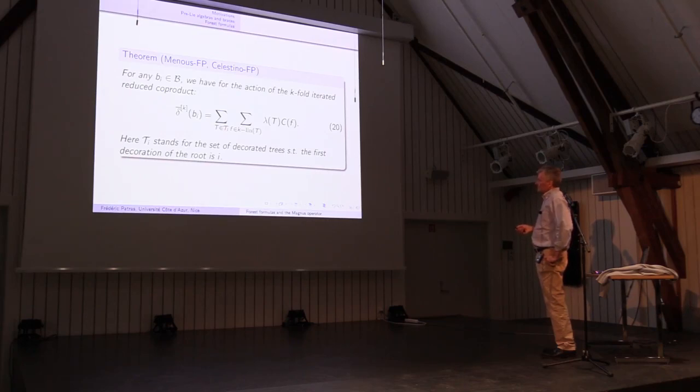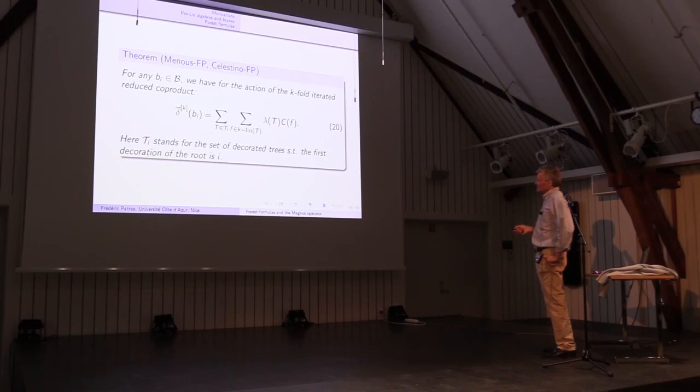So the point then is that if I want to express the iterated coproduct, not exactly the iterated coproduct, but the reduced iterated coproduct, which means that I'm eliminating terms that contain a tensor product with a copy of one somewhere. So if I'm looking at the iteration of the reduced coproduct acting on an element of the dual of the Pauli algebra, I can show that this iterated coproduct rewrites as a sum indexed by all trees, all the trees associated to b_i when I'm iterating the coproduct.